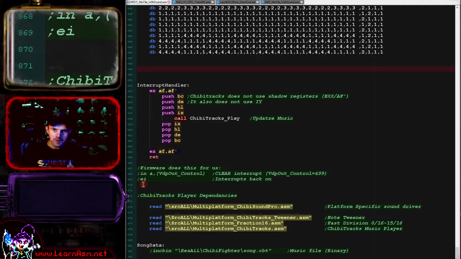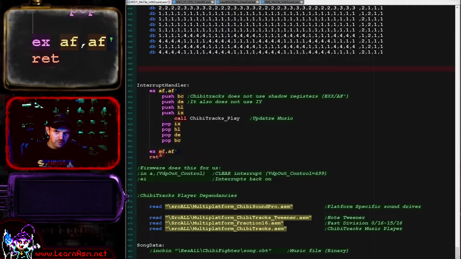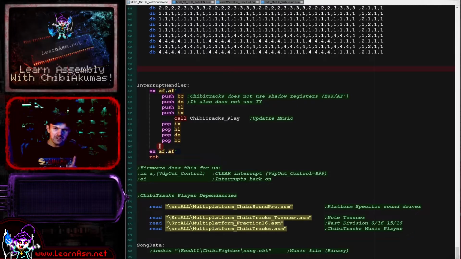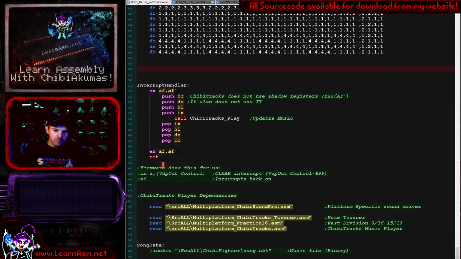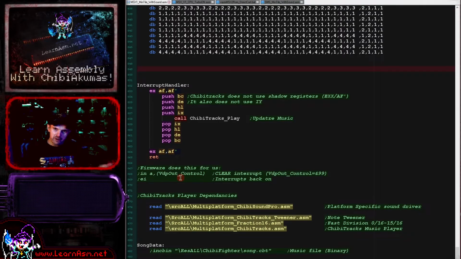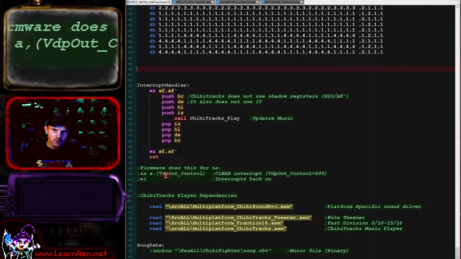We'd need to enable interrupts at the end of our routine before we returned, and we'd also need to read in from the control port. Now, when we read in the status register on the control port via a command like this, that actually clears the interrupt. If we don't do that and we're not using the firmware interrupt handler, the interrupt would fire again immediately, and that would mean that our game would lock up, we'd never see our game running, and our music would play extremely fast. So those are 2 things you would need to do if you were writing an entire